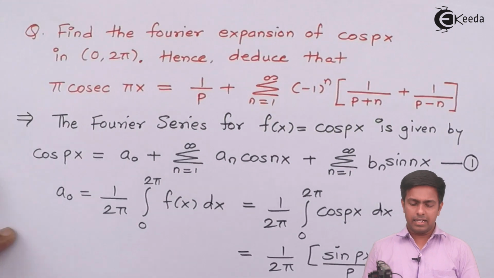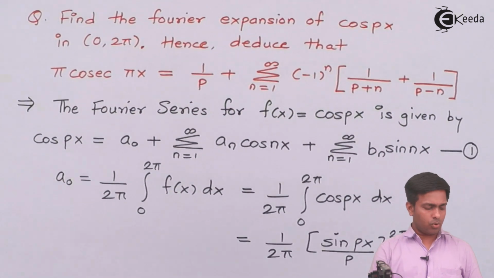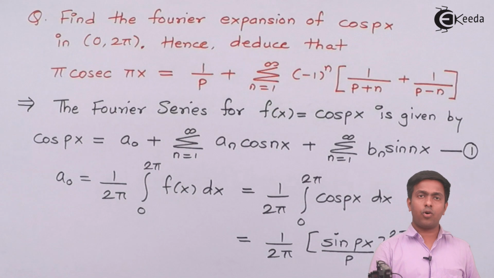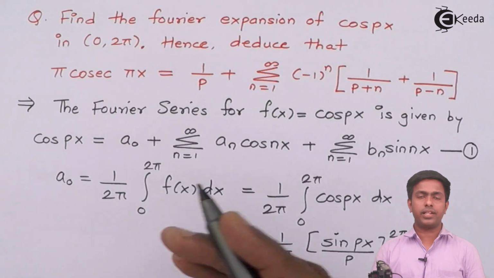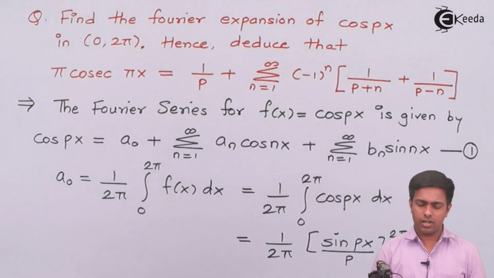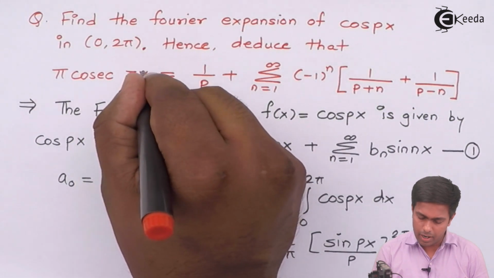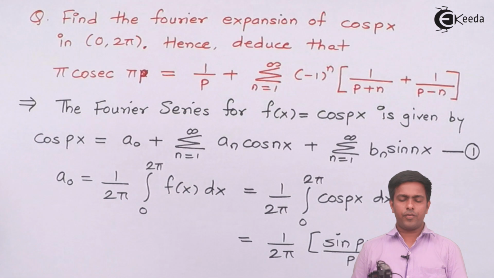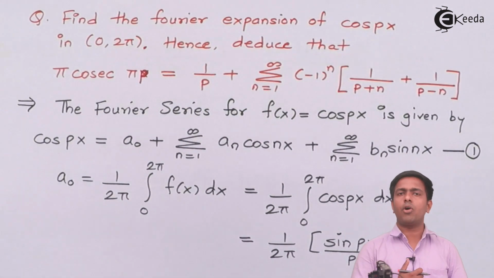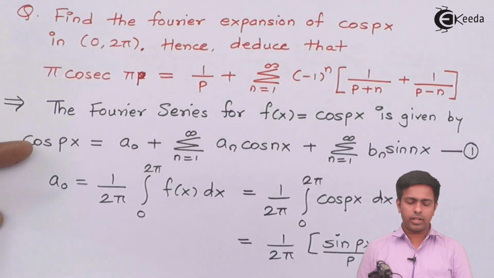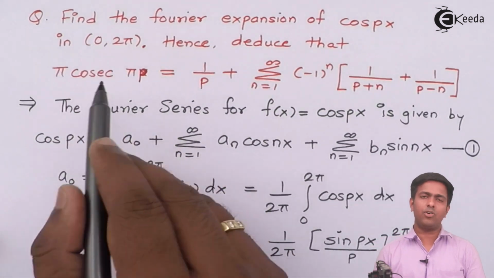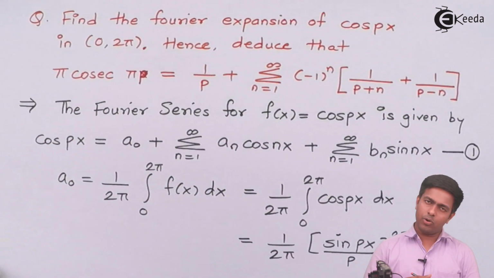So guys, there is a mistake in the question. The question must be cosec of pi p, because we are substituting the value of x here. So I'll make this question as cosec of pi p. It means we want cosec of pi p on the left hand side. So for that we should bring 1 upon sine on the left hand side, and by doing that we can